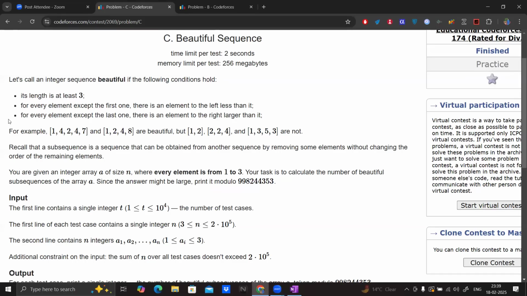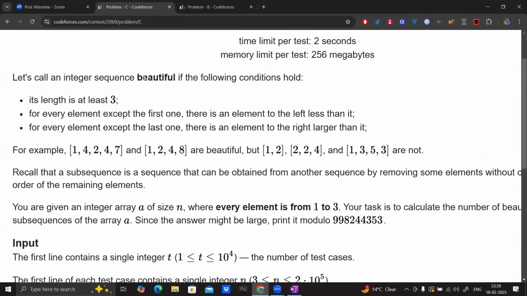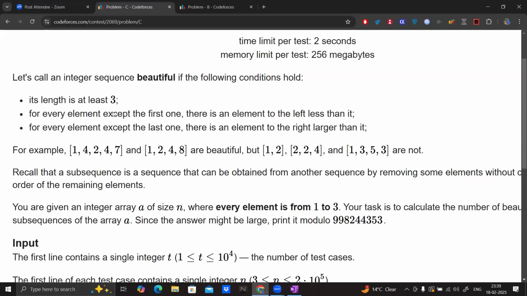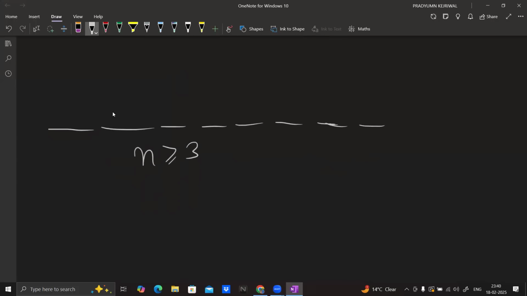First of all, let's analyze the beautiful sequence. They have defined it, but the conditions are somewhat complicated, so let us simplify them. A beautiful sequence is one where, for every element, one condition is that n is greater than or equal to 3. Another condition is that for every element except the first one, that is all of these elements,